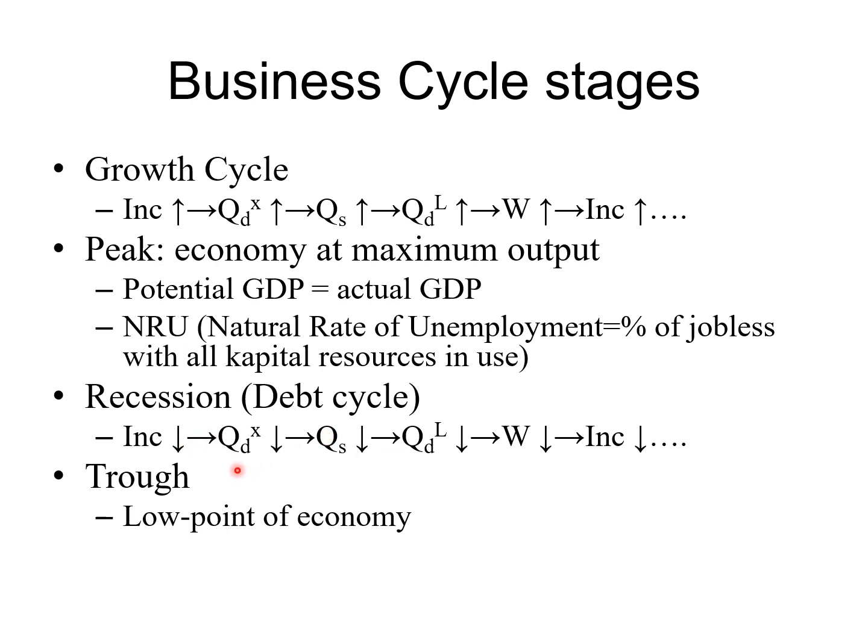And then you have the trough. Okay. This is the low point of the economy, where incomes are at their lowest, demand is at its lowest, supply is at its lowest, the demand for labor is at its lowest. Okay, it's the exact opposite of the peak. Okay, so that you're as far away from the natural rate of unemployment here as you are close to it here. You're as far away here from potential GDP as you are close to it here. Okay,